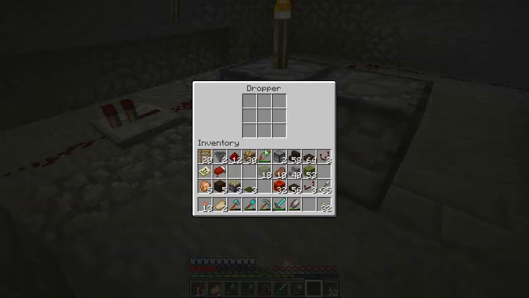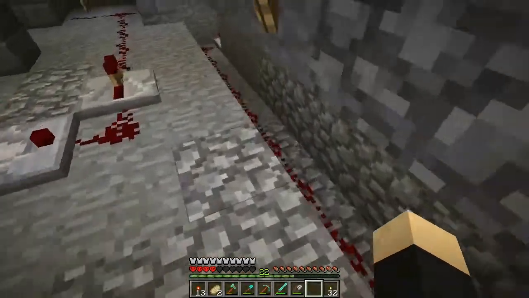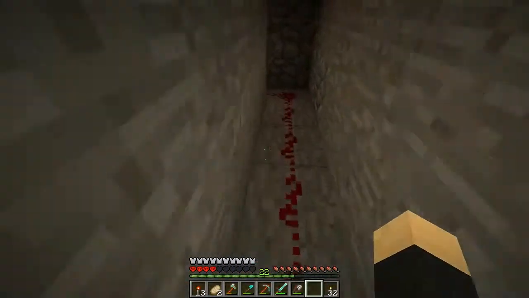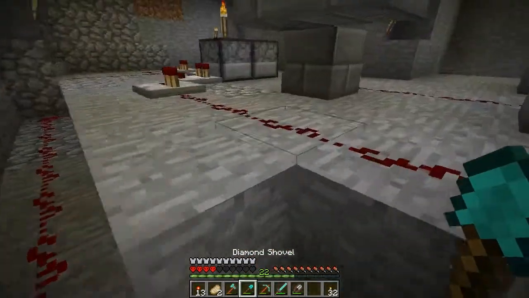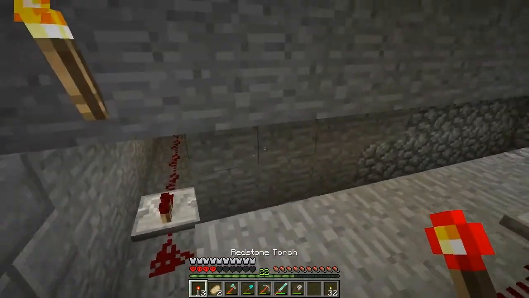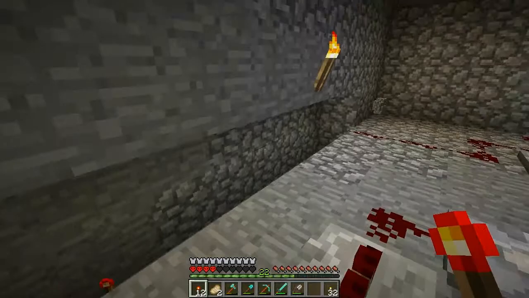Where's it at? It's in there. Okay. And then this should line into there. It should. It should, I swear. It should do it. Let's try this real quick. Let's put the redstone here real quick. And it should have...